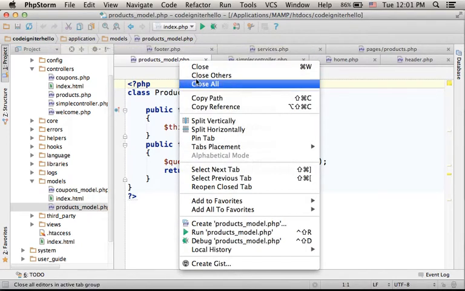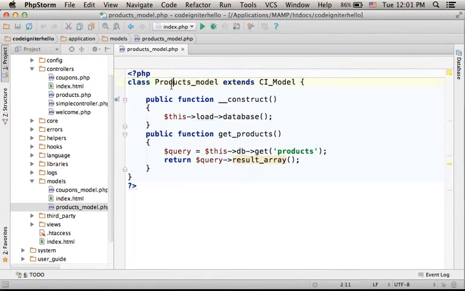In this code sample, we have defined the class Products_model as a class that extends CI_Model. In short, Product model extends the CodeIgniter model class, which means that during the execution of our code, an object will be instantiated from this class, and that object will represent our access to the data stored in a database we